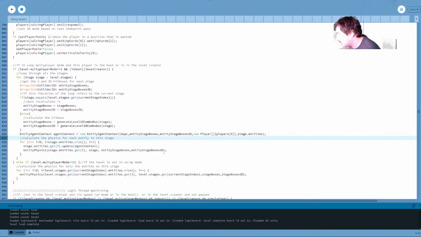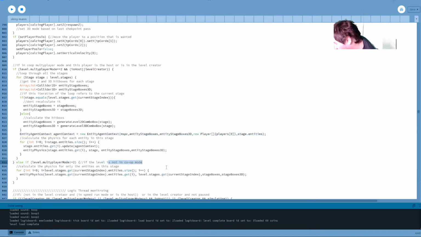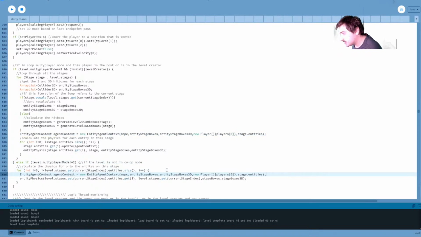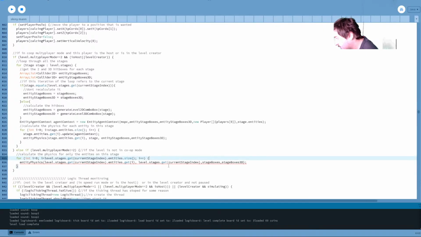If it's not in a co-op stage... Oh, in co-op, I still actually have to come back to that players thing, because that actually does have to figure out what players are on the stage. For if level is not in co-op mode, this is actually way easier. Well, okay. Oh wait, hang on.